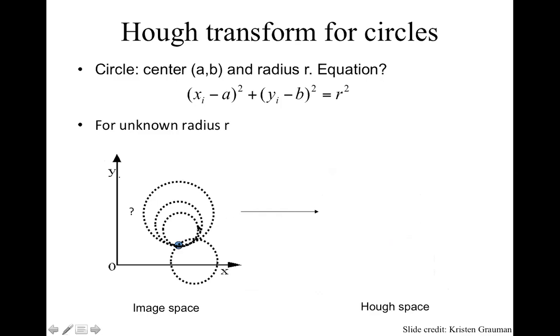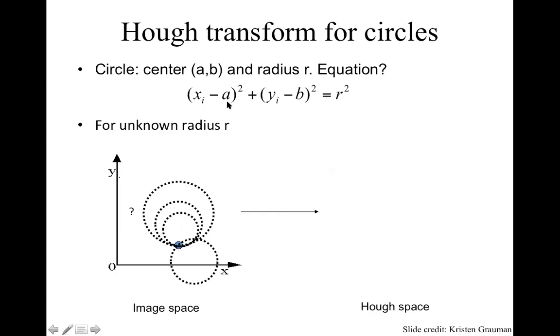Now, because we have unknown radius r, you could split this case in the following. You could fix a radius r, and we do know that from the first case, to a radius r will correspond a circle, with the center in this point. Now because you have an unknown radius r, this will mean that you have different circles,